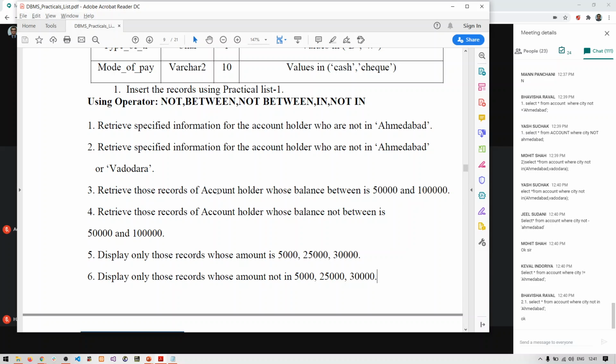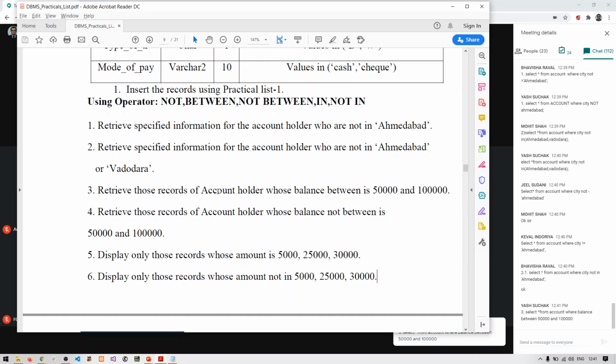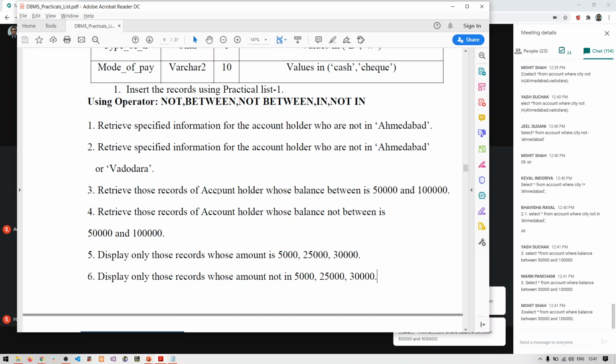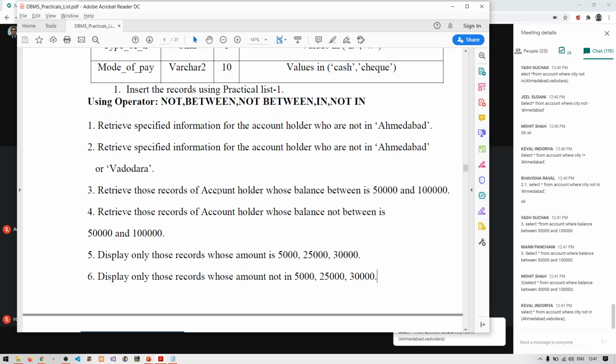The first answer will be select star from account where city not in, in brackets, single quotes Ahmedabad. Then the second answer will be select star from account where city not in, in brackets, single quotes Ahmedabad, comma, single quotes Vadodara. Use single quotes for Ahmedabad and Vadodara.